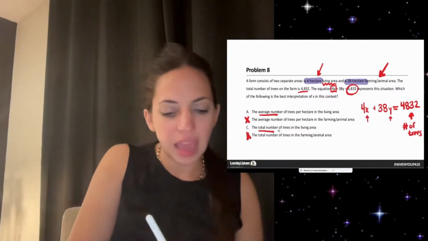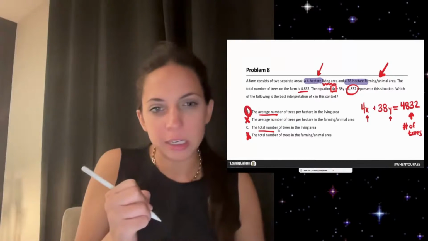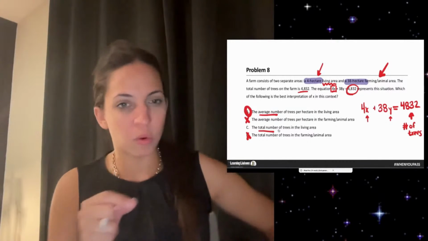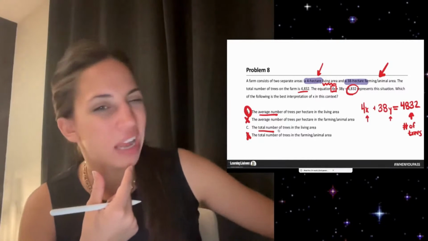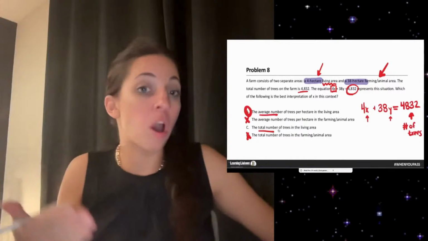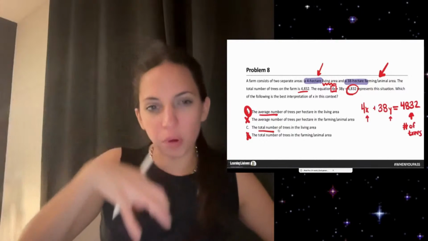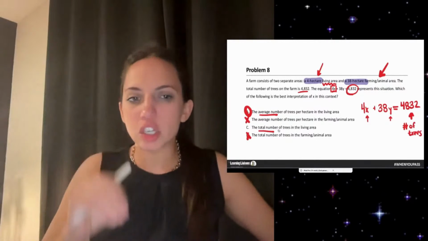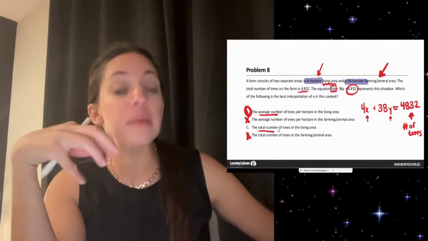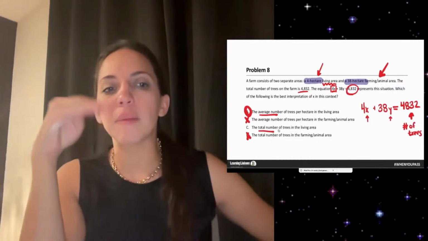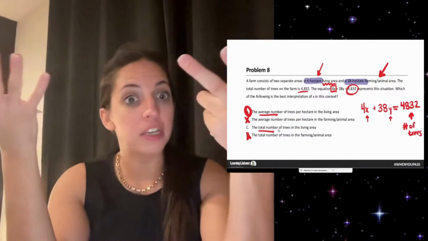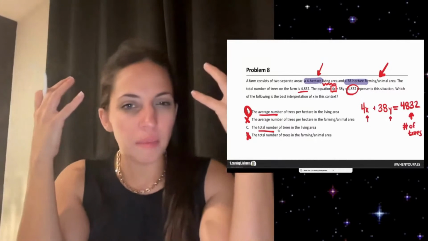So it's going to be the average number of trees per hectare. Now, that's a weird one because normally when we're dealing with this kind of problem, we're not dealing with an average, but you have to apply what you know to the context of the problem. And in this situation, I'm going to be honest with you, when I saw the problem that was similar to this, it's the first time I've seen a linear equation written with an average number applied to it. But the more that I thought about it, the more it made sense.